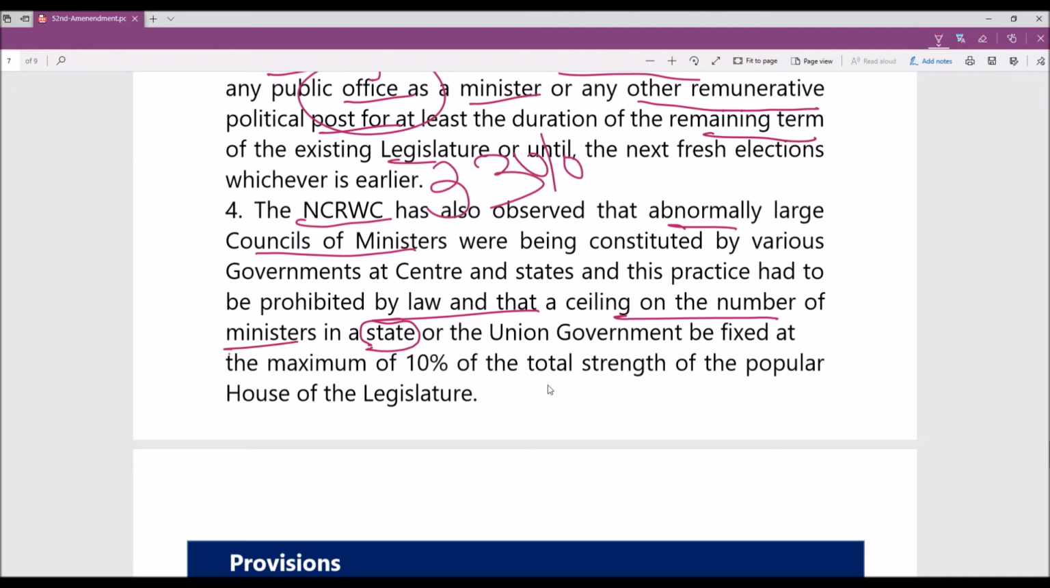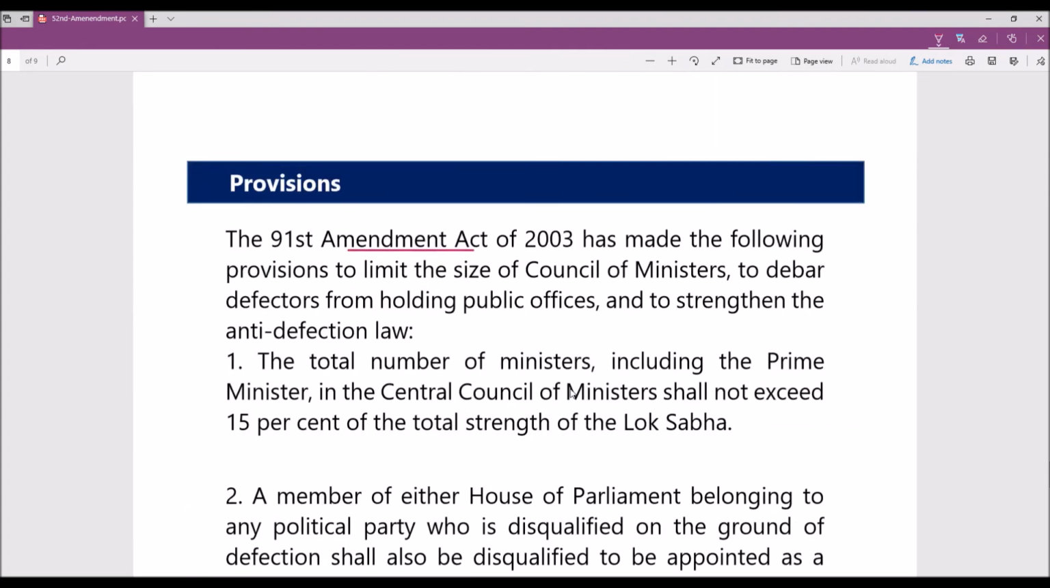If too many parties are joining hands, merging, splitting, we have seen a lot of ministers. So they put a limit, fixed to be 10% of the total strength of the legislature. 10%. This is their opinion, but we'll see what happens. So in the 91st Amendment 2003, they made the following changes to limit the size. It is in the 52nd Amendment and in the 91st Amendment done in 2003,